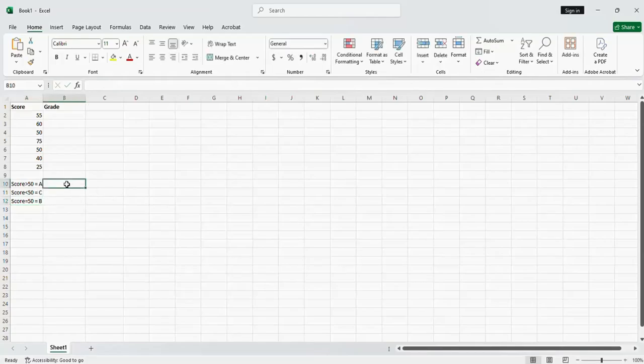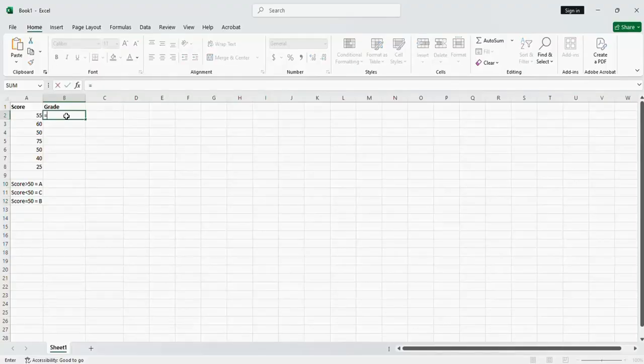Okay, so now if a score is greater than 50, the grade should be A. If a score is less than 50, the grade should be C. And then if the score is equal to 50, then the grade should be B. Okay, now let's use the if statements. So equal, if open parenthesis, then I select the first score is greater than 50, then A, comma,